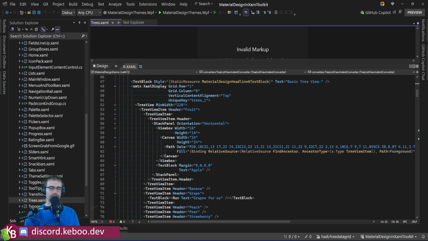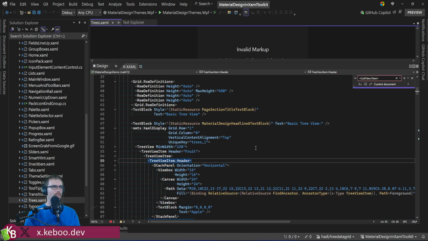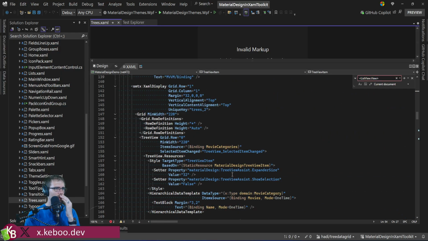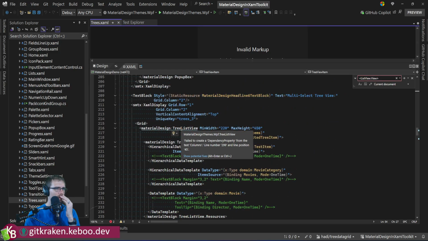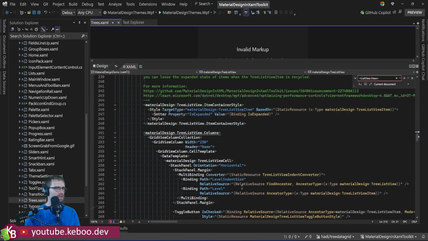Sorry. Okay, so where was the change on here? Failed to create dependency property, blah, blah, blah. Okay, great. I want to do this, and I want to change this to